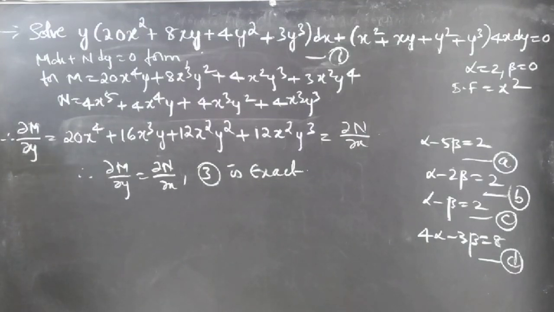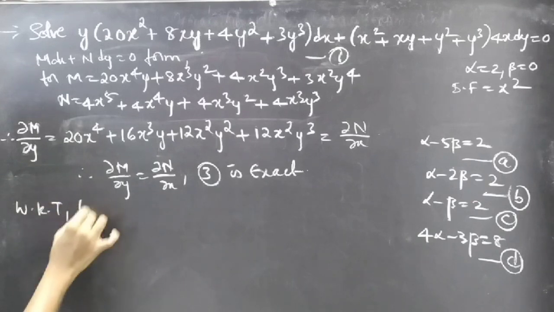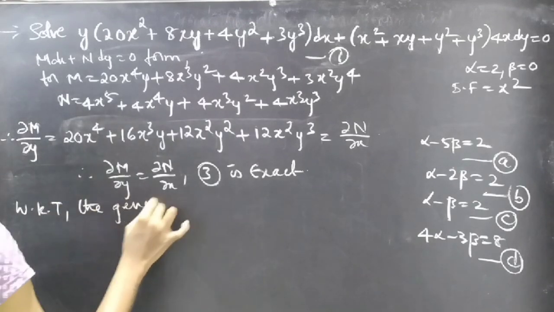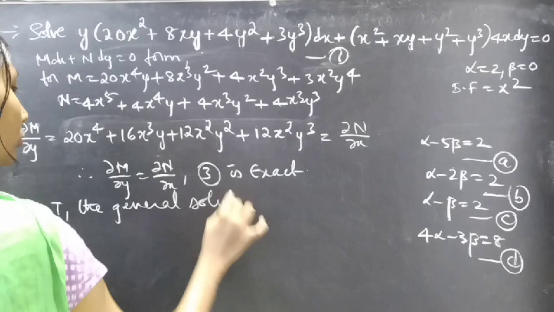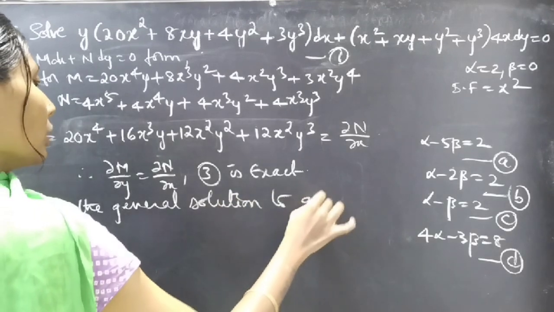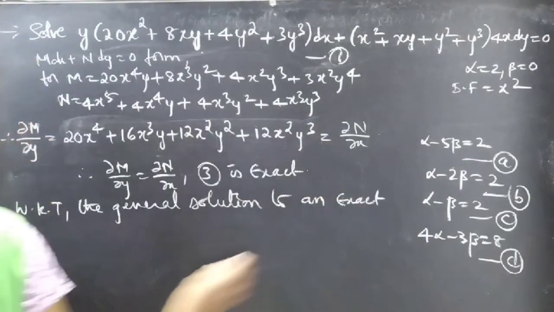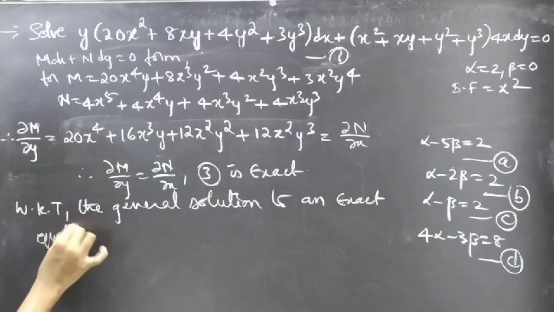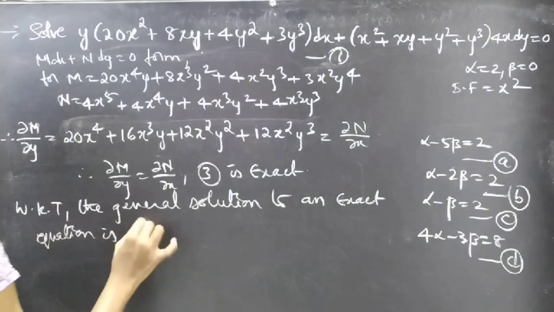Now we'll find the general solution to the given equation by finding the general solution to the reduced equation. Since the reduced equation is an exact equation, we'll use the general solution formula of an exact equation to find the general solution to our problem, right? You know that the general solution to an exact equation is given by